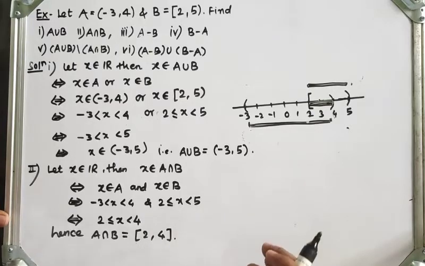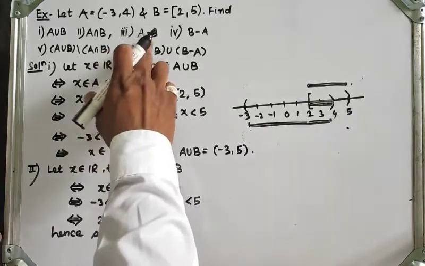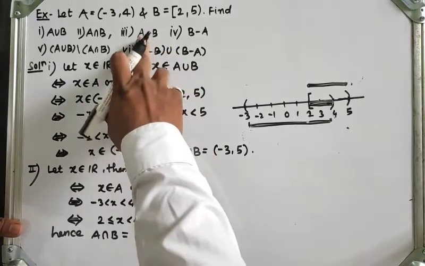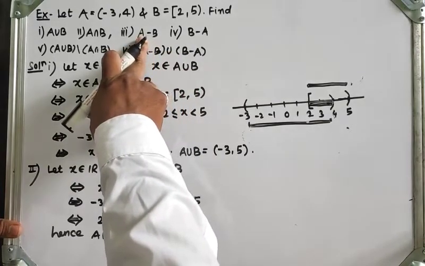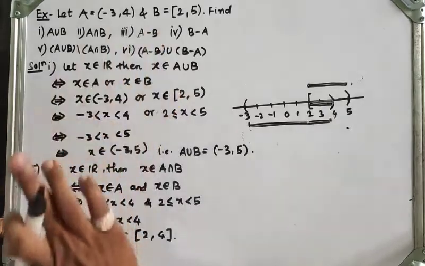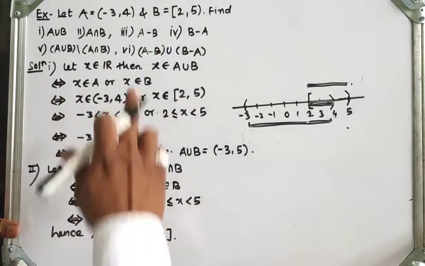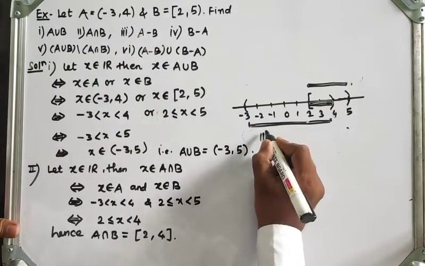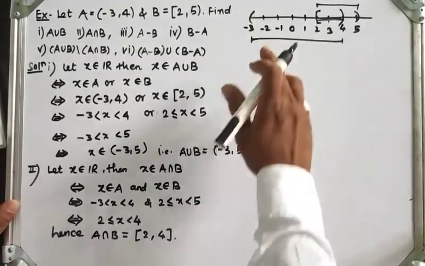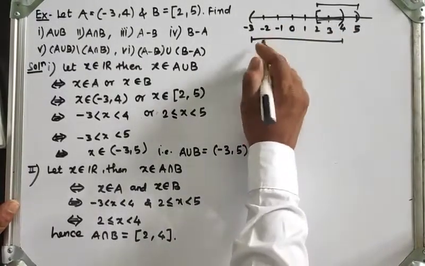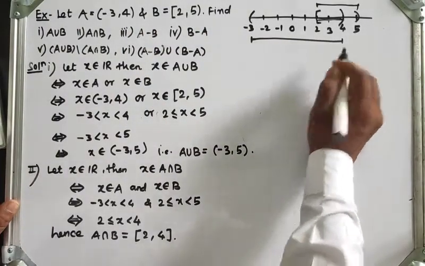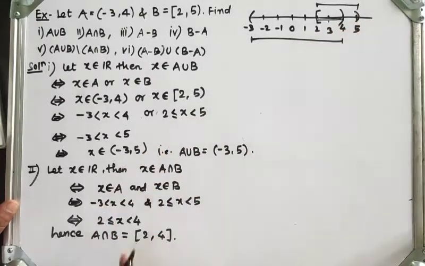Now what do we have to find? We have to find A minus B. So what is the definition of the difference set? The definition of the difference set is the set of all those points x that belong to A but x does not belong to B. So we solved the second one, now the third one. Here -3 to 4 is the first set A, and the closed interval 2 to 5 is the second set, right? Then their intersection will be 2 to 4. We have seen this. Here it is open at 4.